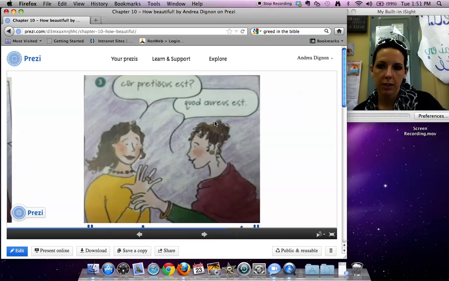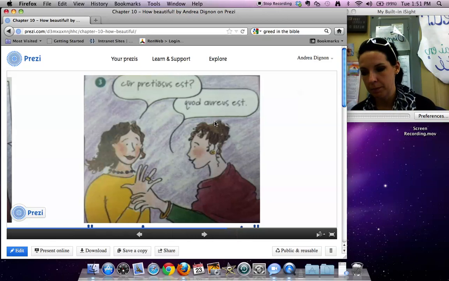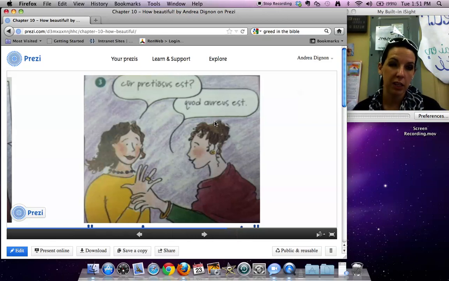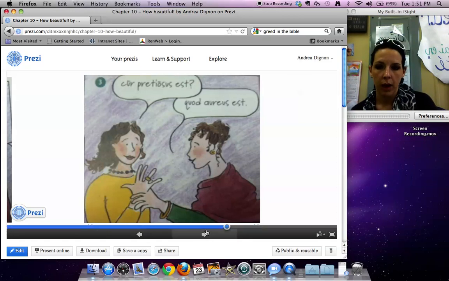Okay? Next. Cur preciosus est. Why? Why is it precious? She kind of sounds like Rufus at this point. And Lepidina replies by saying, Quod aureus est. So in this case, she is saying, why is it precious? And Lepidina replies by saying, Quod aureus est, because it is made from gold. Okay? Because it is made of gold. Or it could also mean that because it is golden. You could say it is golden. All right, here we go.